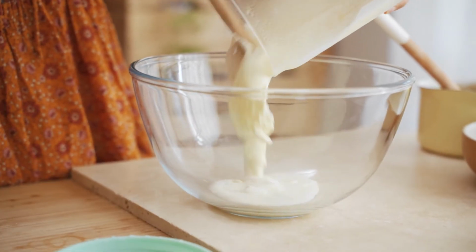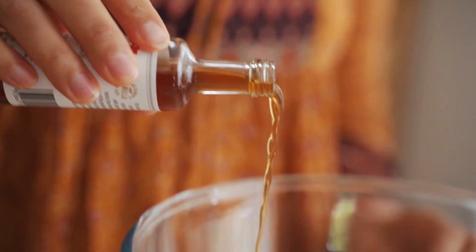So these are all done now after about 25 minutes in the oven. I'm going to let them cool down for about 10 minutes before I pop them out and serve them up with our caramel sauce. I'm also going to serve these up today with a little bit of homemade cultured cream,